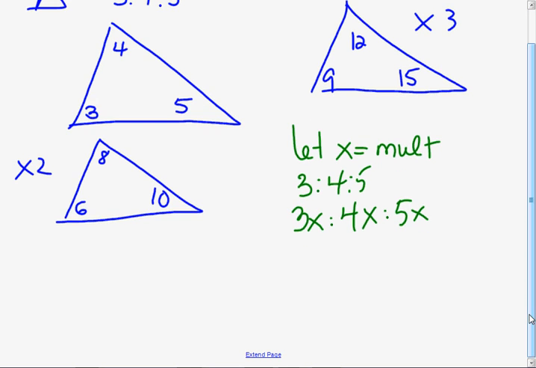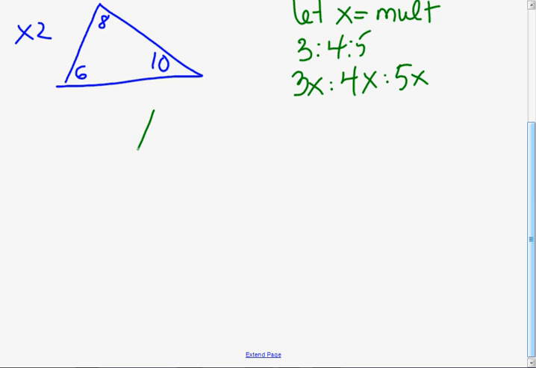Then my triangle becomes this. 3x. I think I switched it around, but it doesn't matter. 4x and 5x. Is the ratio of these angles 3 to 4 to 5? Yes. But what has to happen about these guys? They have to add up to